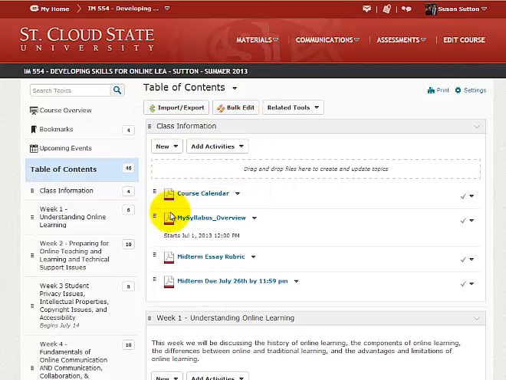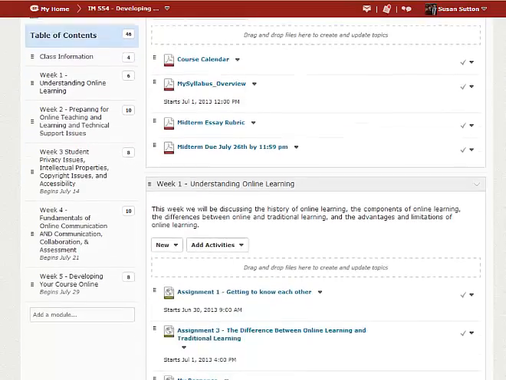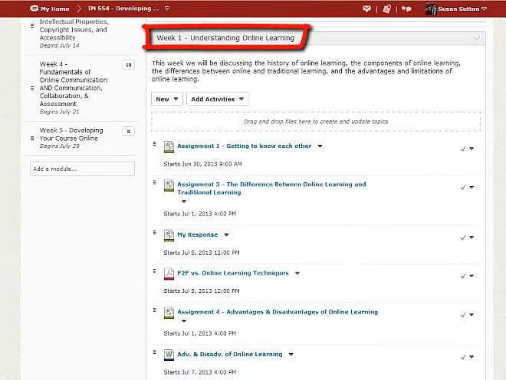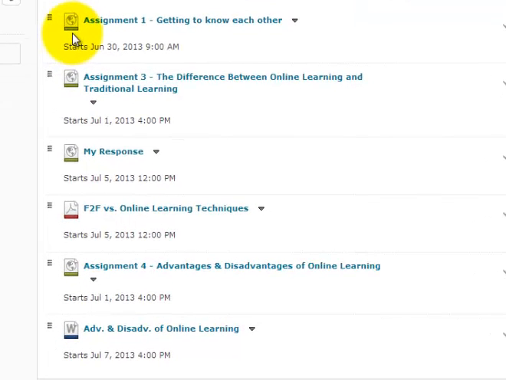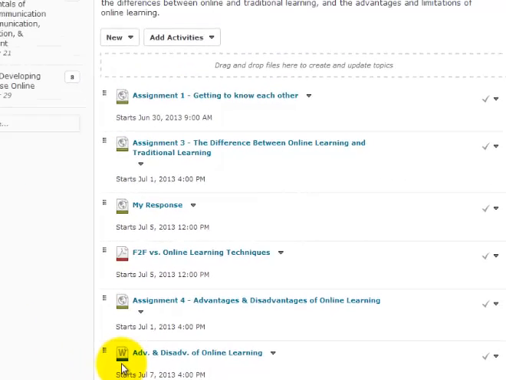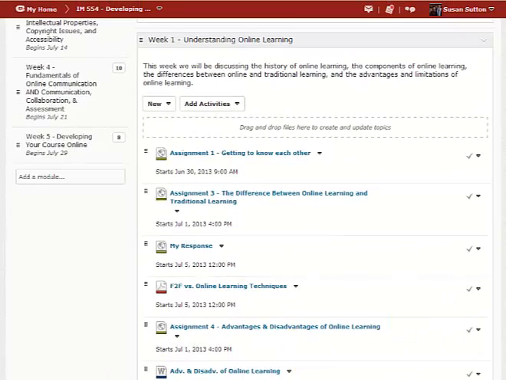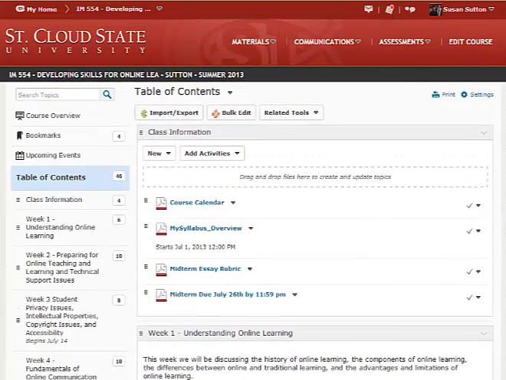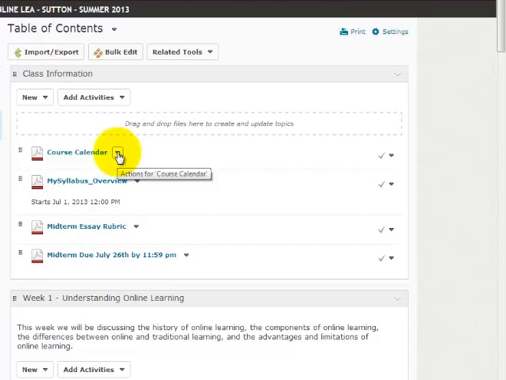And when you scroll down here and look at module week 1, you'll notice I have an HTML page that I've created, and down even further you'll see that I have a Word document that I've uploaded. So there's 3 different kinds of documents here, and I'm going to show you each one and how you can do some editing. So for my course calendar, you'll notice there's a little action button here on the side,